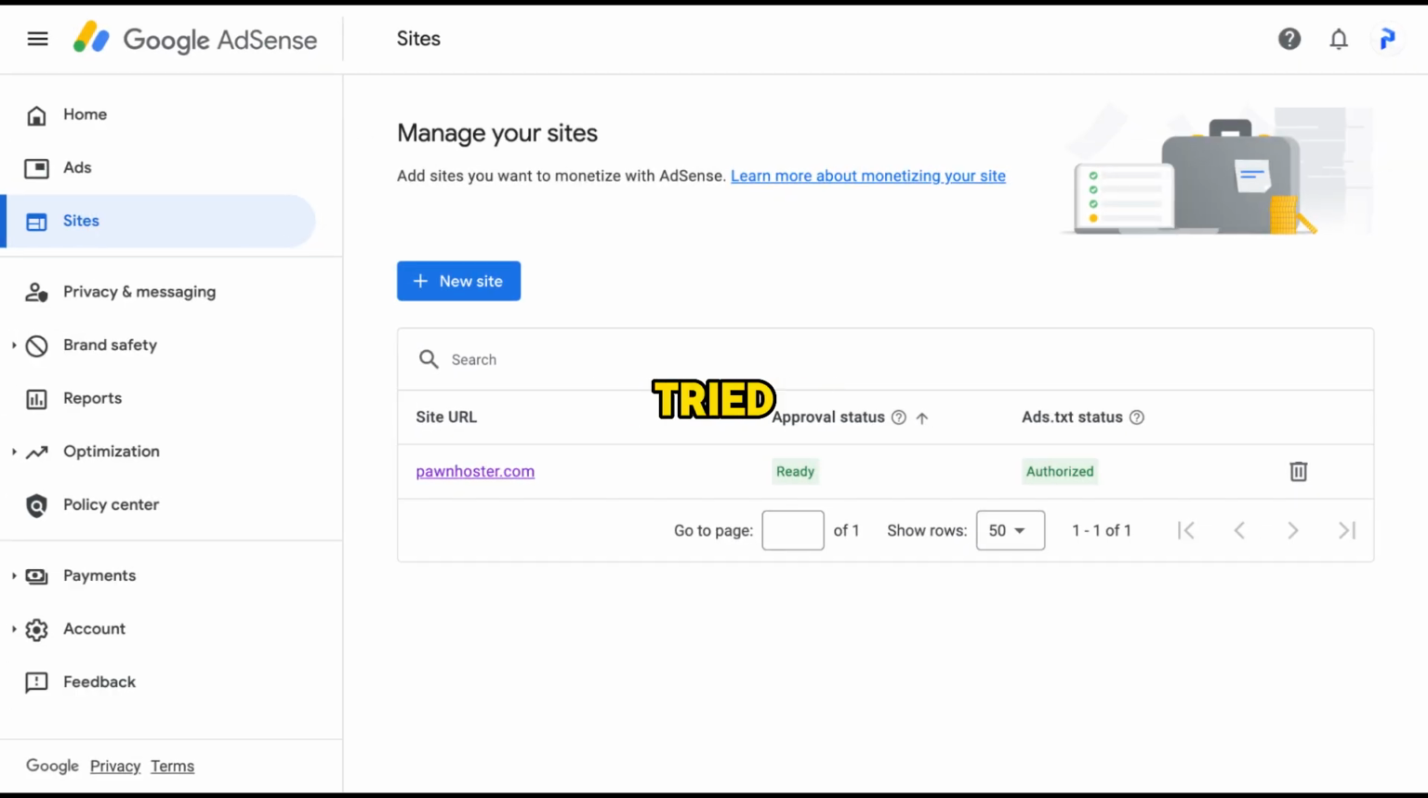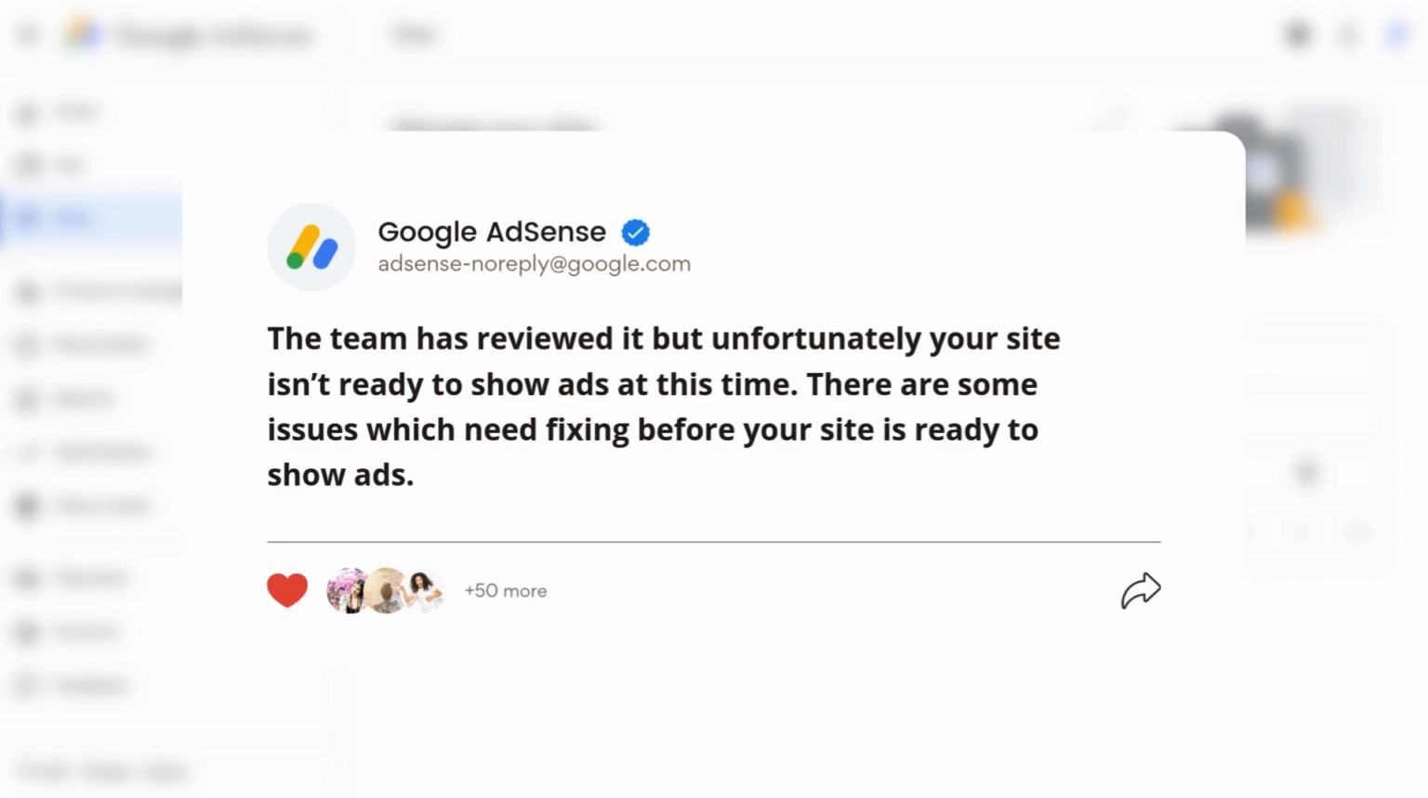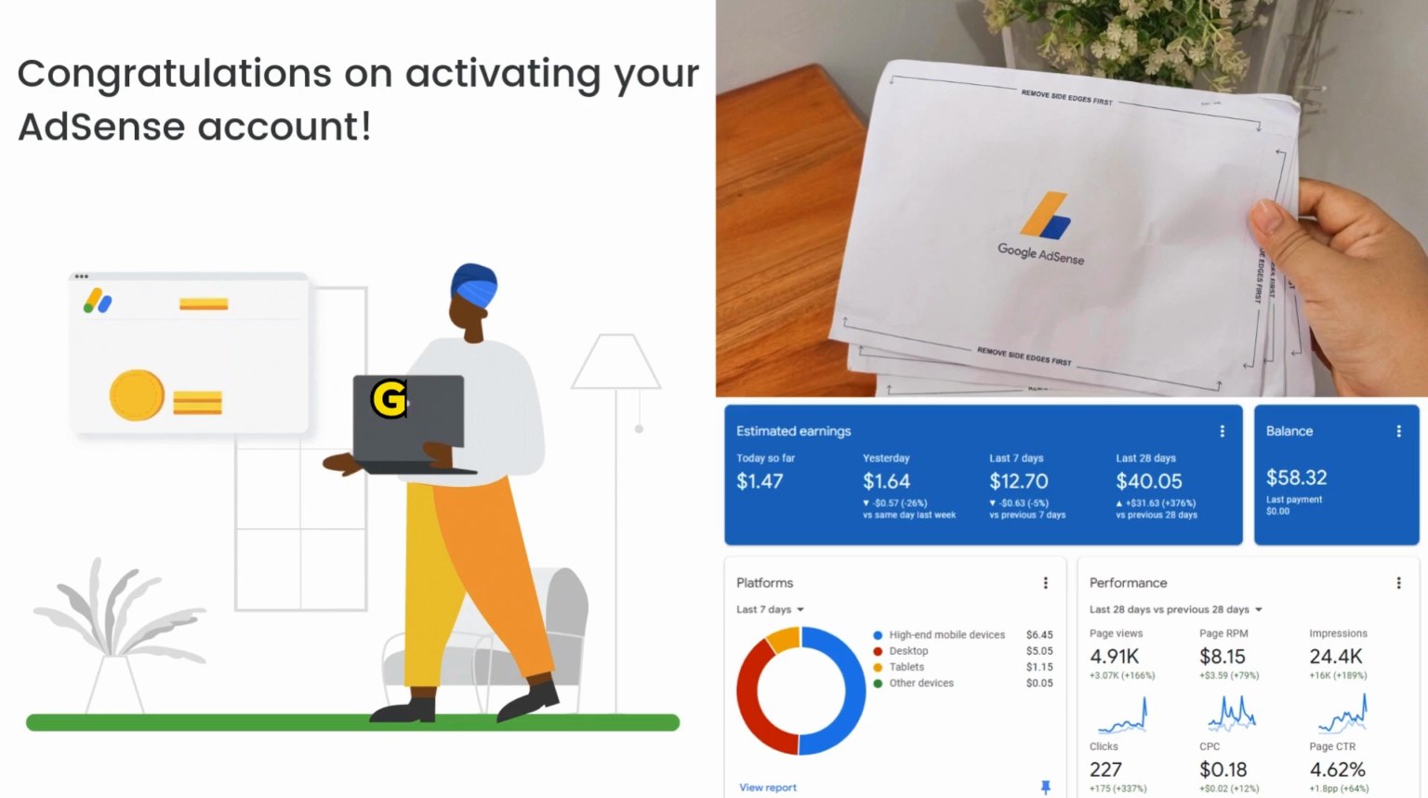So you've probably tried a lot to monetize your site and get approved by Adsense. But you end up receiving an email saying that, unfortunately, your site isn't ready to show ads at this time, and you need to fix some issues. Well, today we will fix those issues and show you exactly how I and others get our websites approved on